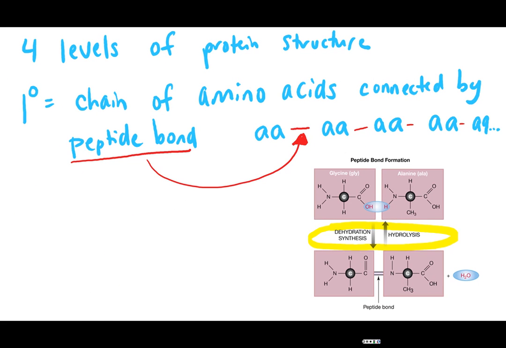So to begin with, that primary structure of a protein is a chain of amino acids connected by a special type of bond called a peptide bond. I like to abbreviate amino acids with 2 little a's, so I've kind of represented my chain of amino acids here. You can see, again, we have another reaction that involves water. So when you're forming the peptide bond, you are doing a dehydration synthesis reaction. And if you are eating a protein and breaking it down into the amino acids, you would hydrolyze or break out those amino acids, those building blocks.